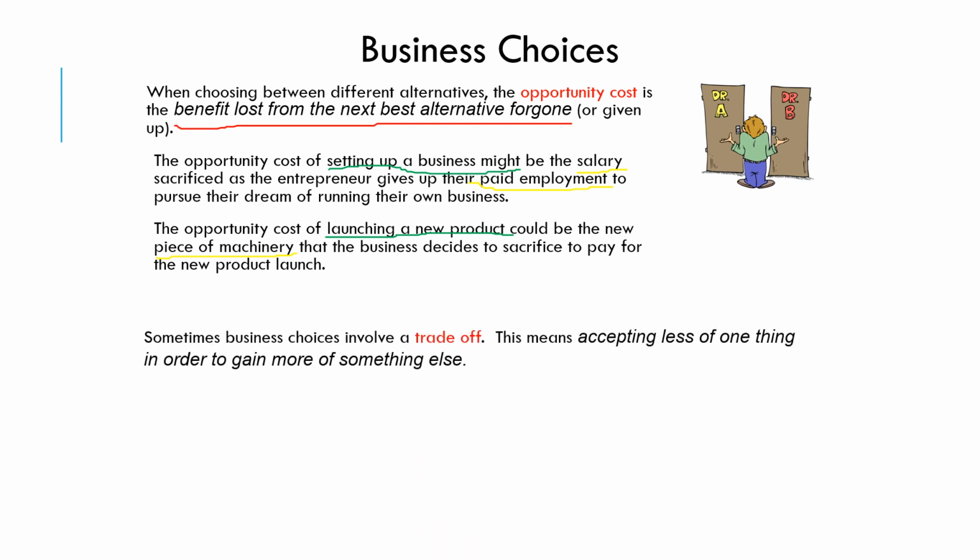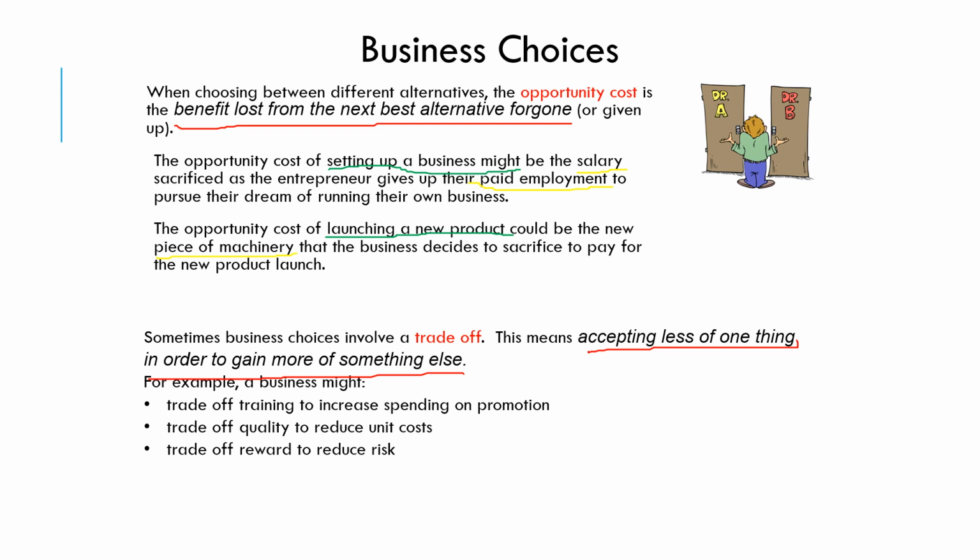Okay, now let's talk about a business trade-off. So sometimes business choices involve a trade-off. And a trade-off means accepting less of one thing in order to gain more of something else. So businesses sometimes might have to make a bit of a compromise here, accept less of one thing in order to gain more of something else. So some examples might include